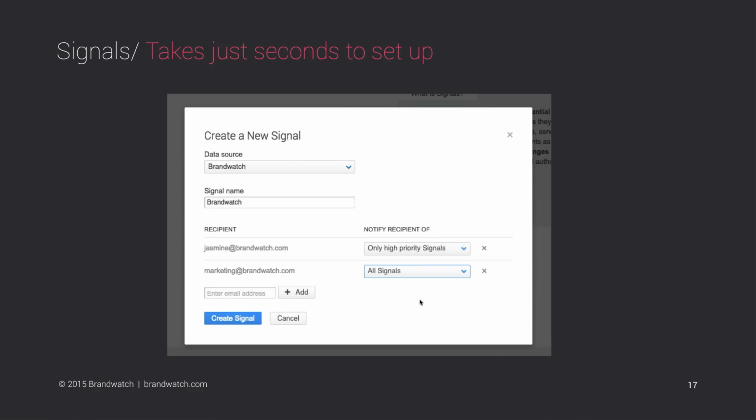So in this particular example, I'm sending only the high priority signals to Jasmine, which means only things that we think are highly interesting or big issues get sent through to her, whereas I'm sending everything through to our marketing team, maybe the community manager team. So what that allows you to do is mean that maybe the CEO of the company gets alerted via Signals to major events that are happening, and he's getting a heads up on it that he would never have normally got, way more ahead of time. But maybe your community management team need to know every little thing that could spark into something.